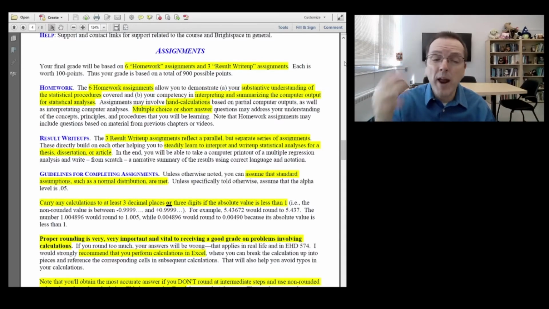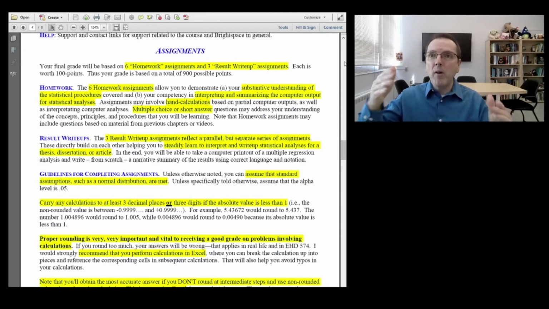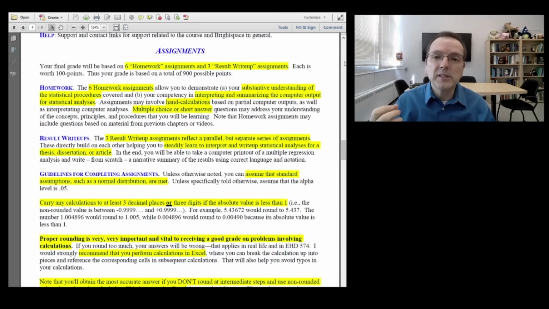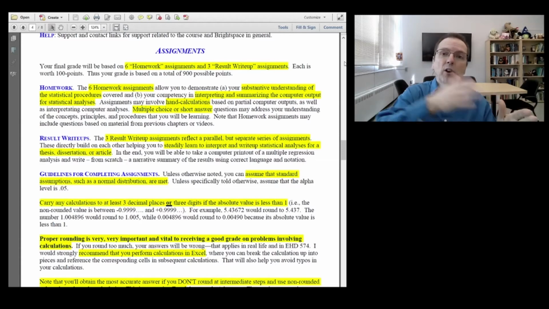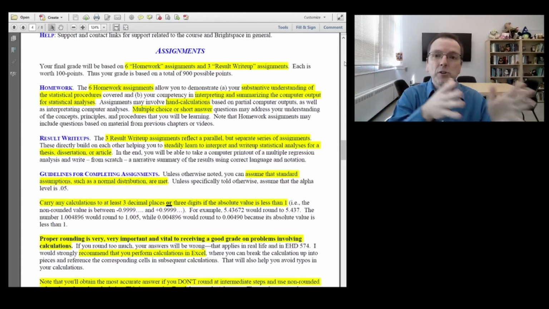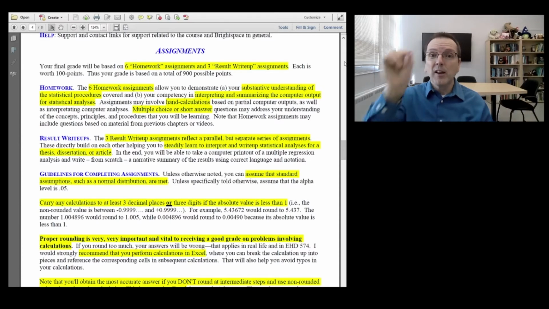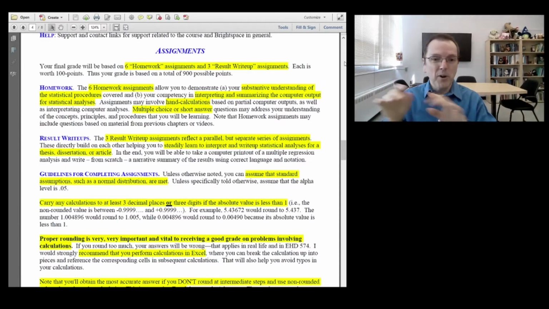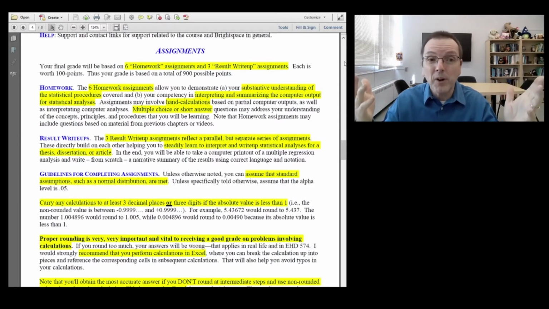And then the 3 result write-up assignments are different. They go along in parallel, and at the end of the semester we alternate between the two. The idea is you'll start with just an output, as if you ran an analysis, this sea of numbers. What the heck does all this mean? And we're going to learn how to go from that to actually writing up the narrative, as you would in your thesis. So you'll end with actually writing up the results, just as if it's your thesis, your dissertation, or a paper,